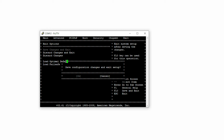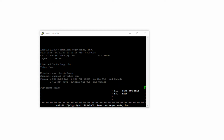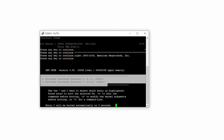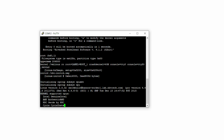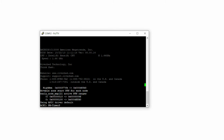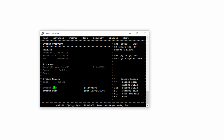Now we're going to wait for it to boot up. It's booting up now. If we just wait, you'll notice it goes to this menu, press any key to continue. It tries to boot the internal USB anyway, which is not what we want. So reboot again. I pulled out the power, plugged it back in, and just keep pressing delete at the beginning here. Get back into the BIOS